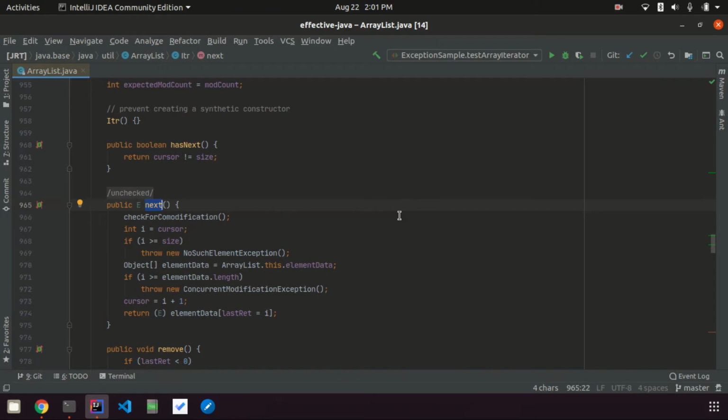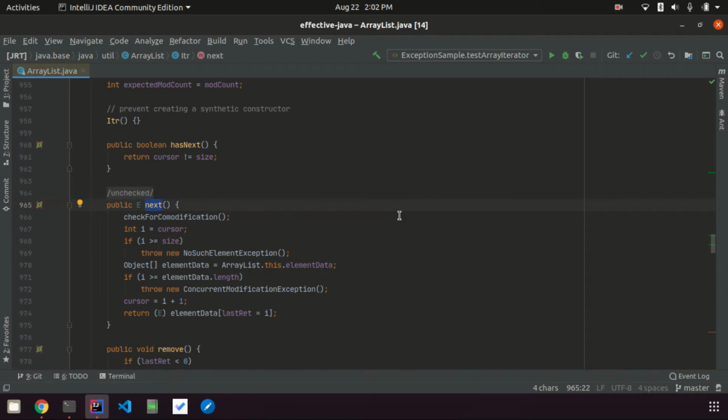This will avoid a few more lines of code in the consumer of the API, and it will avoid handling the exception, and in most cases the user will not be sure how to handle those cases. So this is one of the ways we can avoid throwing a checked exception.